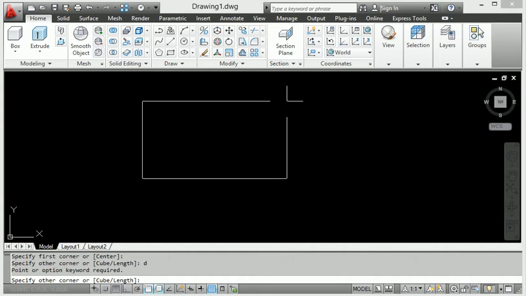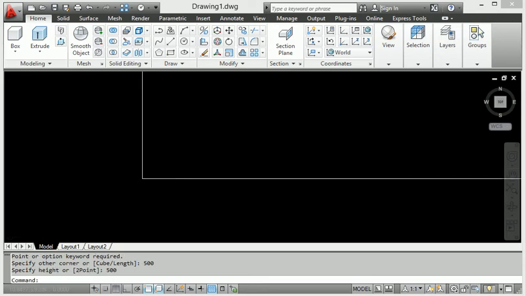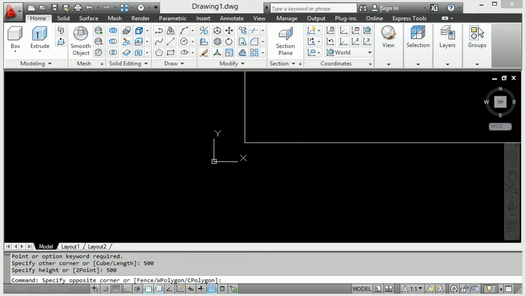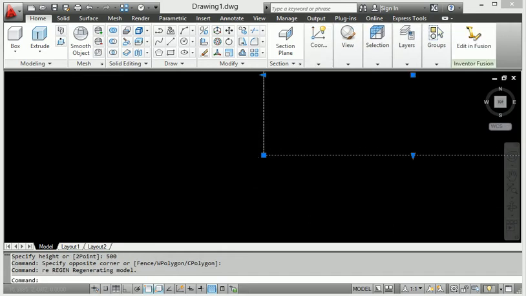When I provide the distance, I enter 500, and also provide 500. So here I make this simple rectangle box.